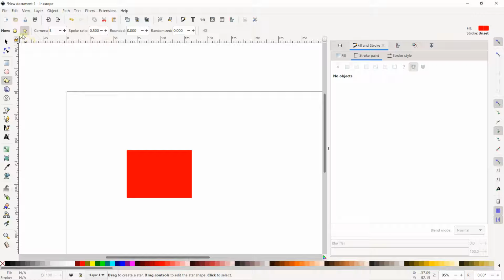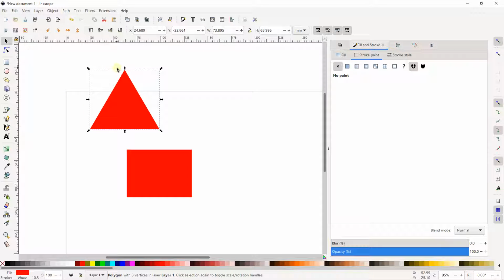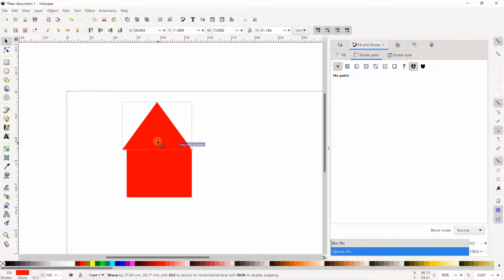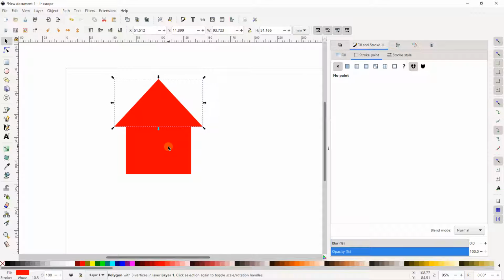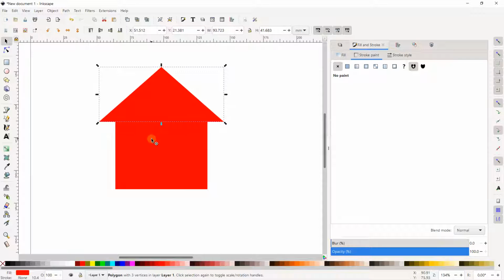I can click here, create a polygon, change the number of corners to 3, and increase the size a little bit in this direction. With my selection tool, I can adjust it, and if I want to find the middle, I can activate the snapping option on the right. Take a glance, I can create something like a house on this area.